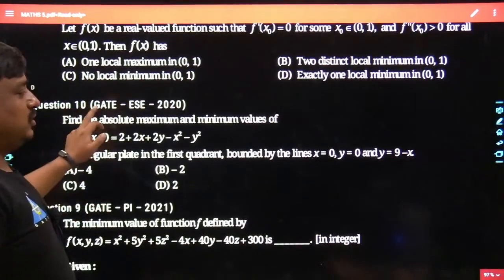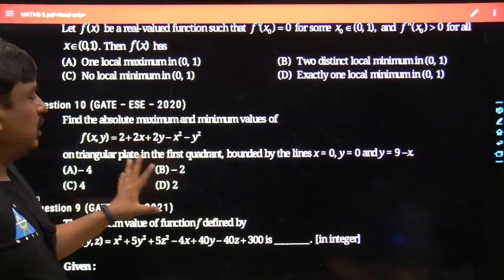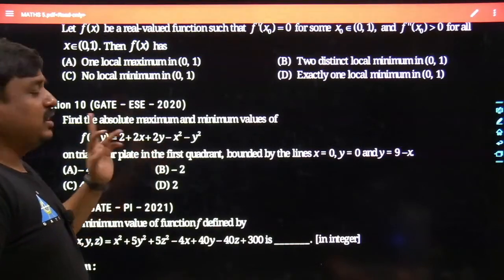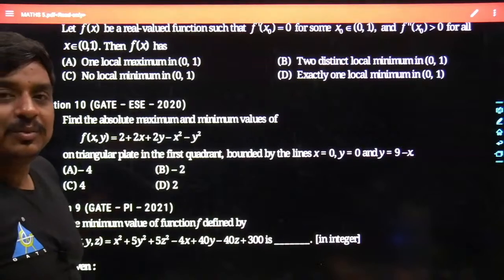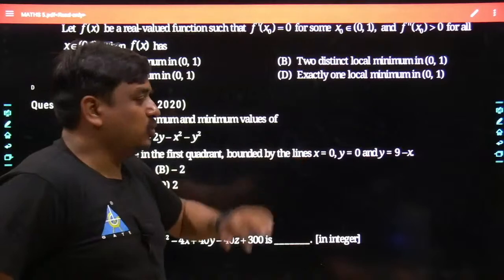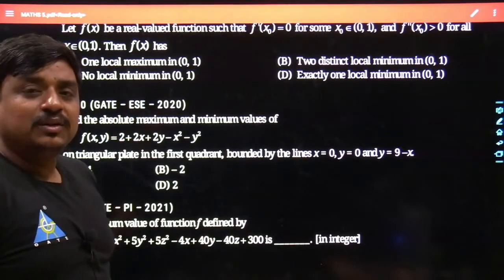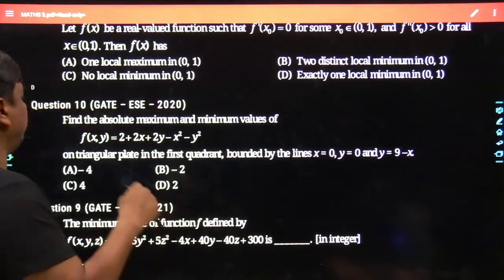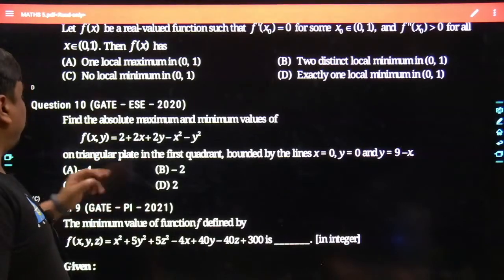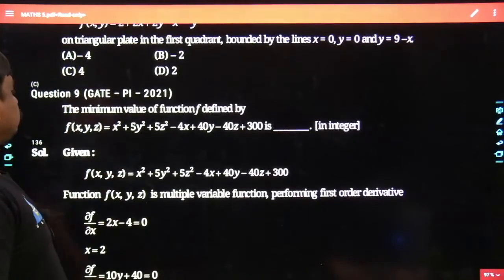In the same sequence, the 10th question, the problem was a bit different. How many independent variables were getting involved? Two independent variables were getting involved, and they were asking to find the maximum as well as minimum value. So within this range, I got to know the stationary point 1, 1 is falling, and 1, 1 has been the point of maxima. So just by feeding x equals 1 and y equals 1, I got to know the maximum value of f of x comma y. Yes, my dear friends.